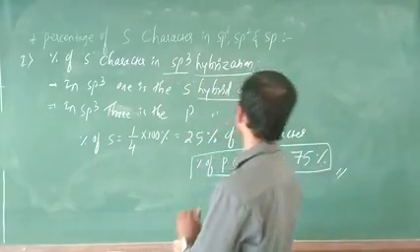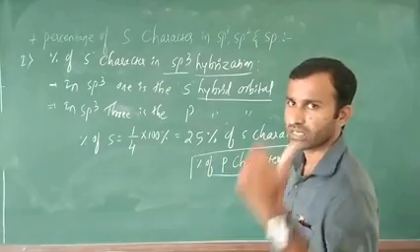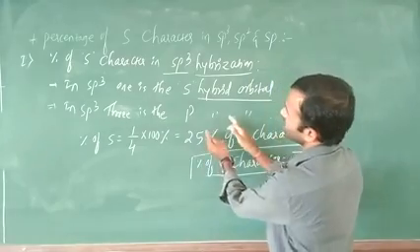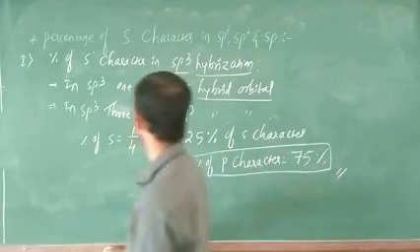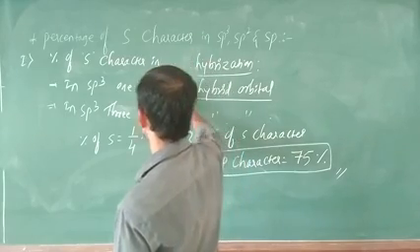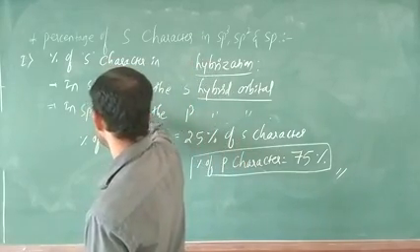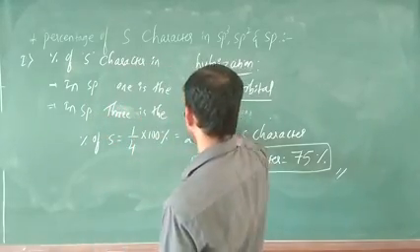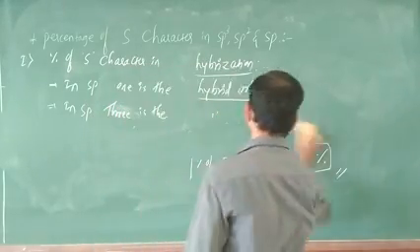Next, two things are there. Next thing is sp2. Next one is sp. With the help of this one, you have to apply the same method. I am going to remove the percentage of s character and consider sp2 here. In this case also, same for sp2.